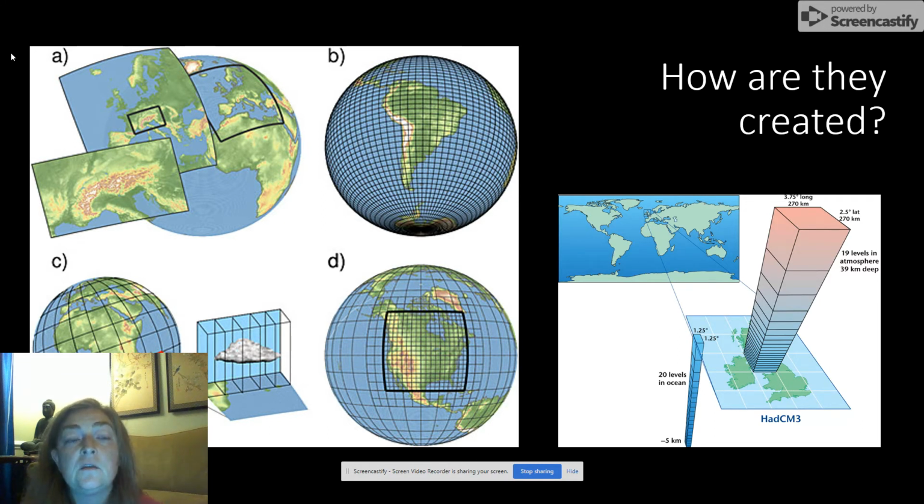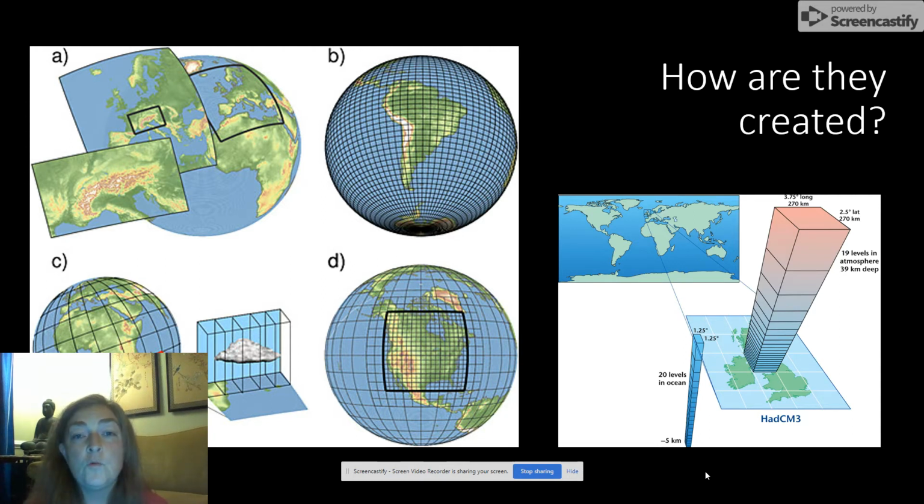So here you can see very small grids to very large grids. We divide the planet up into a grid system. They are done latitudinally, which are the horizontal lines that go from east to west, and longitudinally, which are the ones that go from north to south, or the vertical lines. And then, as you can see in this section that's pulled out over here, they are also broken up by altitude. And so we have these varying grid sizes. They can be very large to very small. The smaller the grid size is, the more accurate of a picture we can get, just simply because there's more